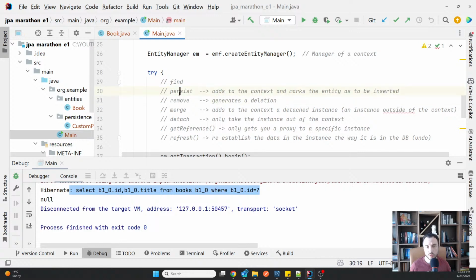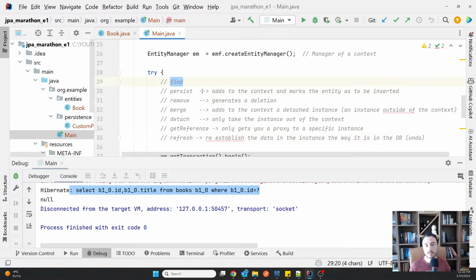And these are the two operations that will be the most used out of all. You can operate any way you like with the context, but out of all the operations, the most used are persist and remove.